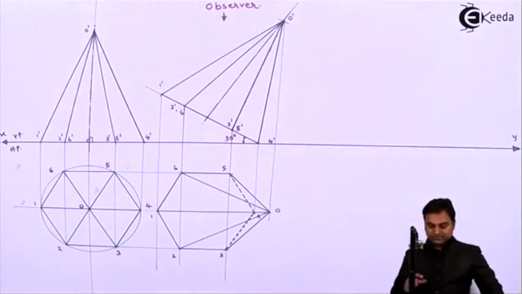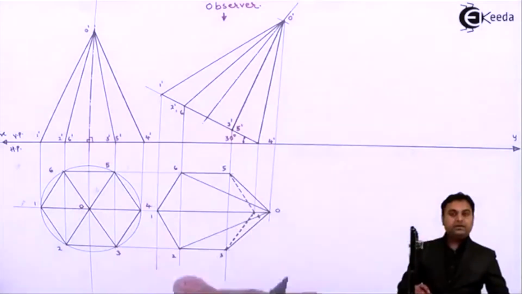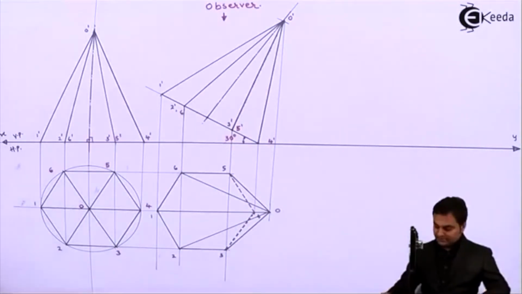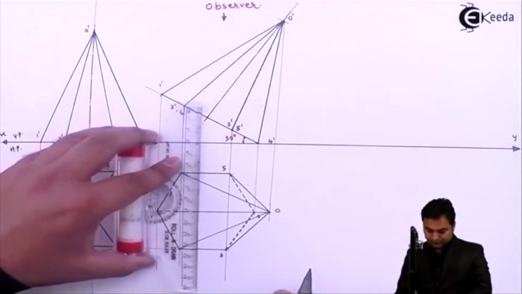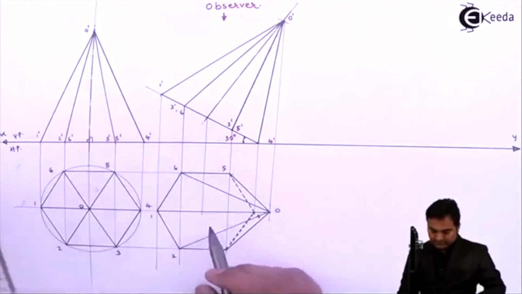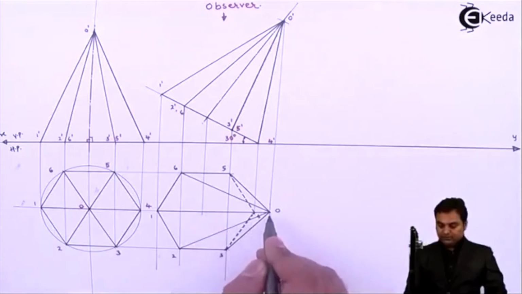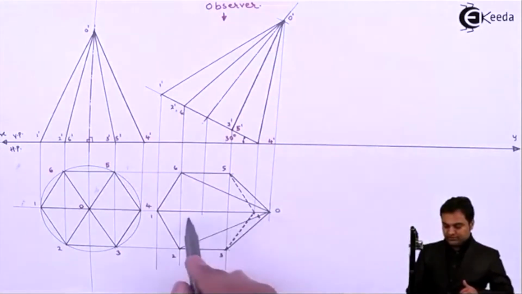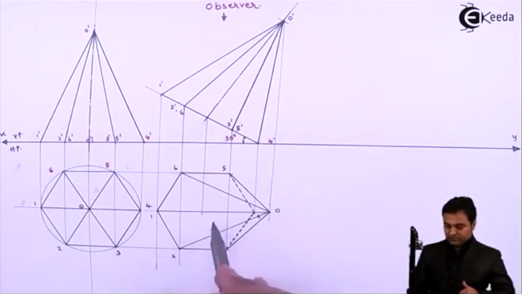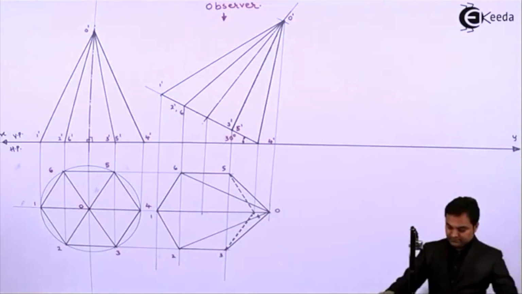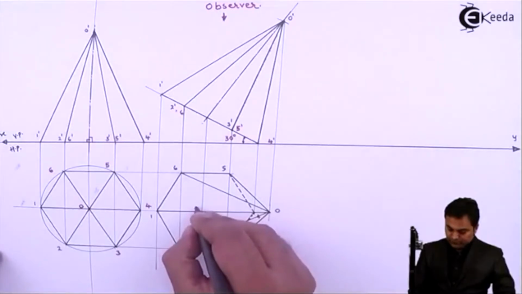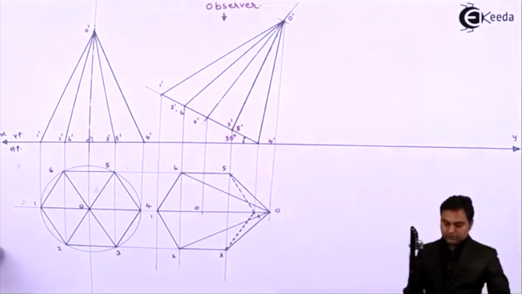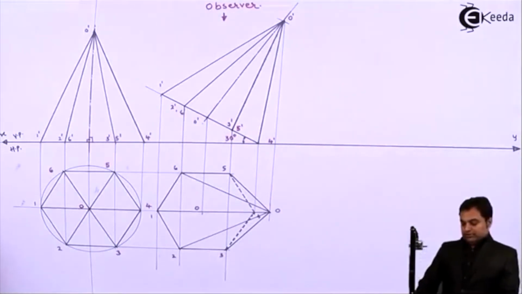Now, this is the complete top view of this hexagonal pyramid. I am even going to project the axis. The axis is starting from this point up to the apex, and now it is coinciding with O dash 1 dash, so it is a dark line. The axis is from this location. I'll say that this is point O and this is also point O. So O and O indicates the axis, and here it is O dash O dash. So this is the second condition.